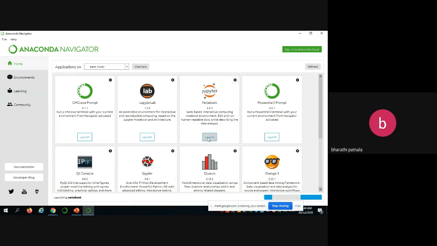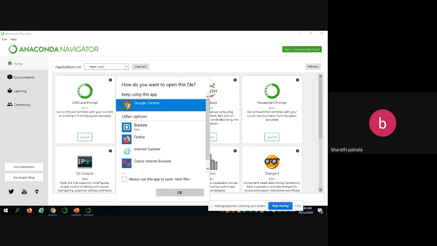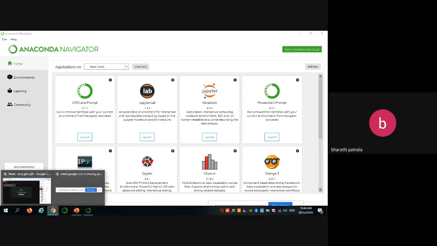All those we can import, and we can do more programs using those libraries. So simply open Anaconda Navigator and click on the Launch button in Jupyter Notebook.